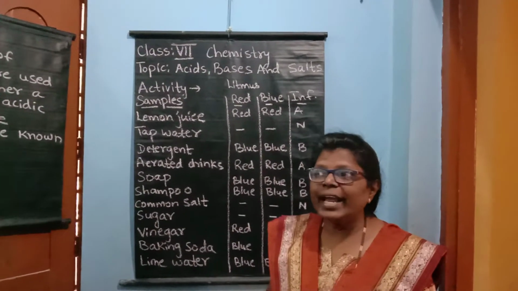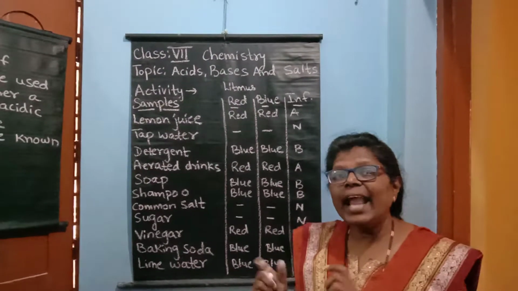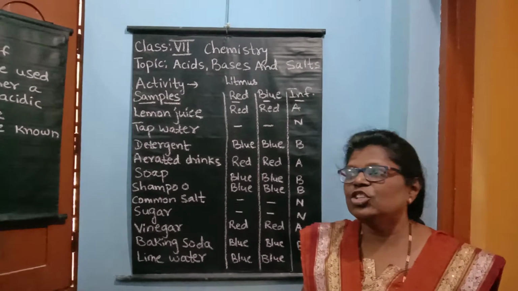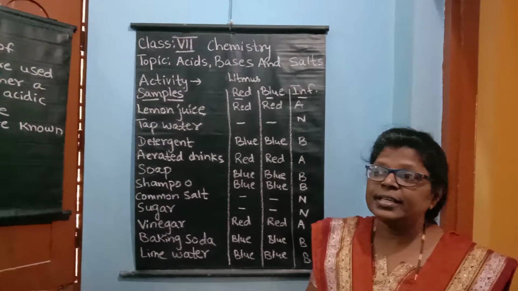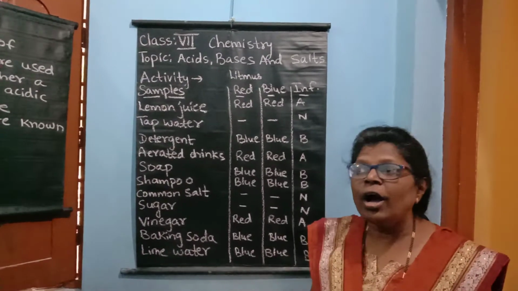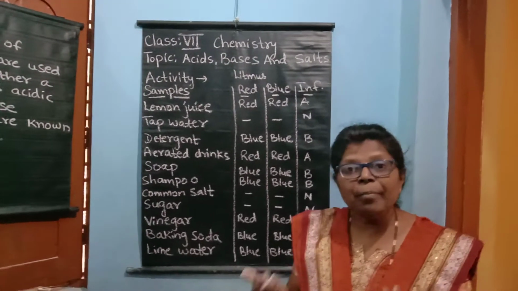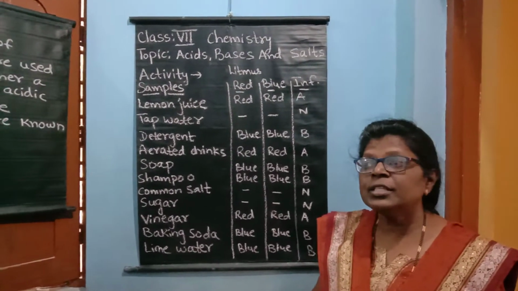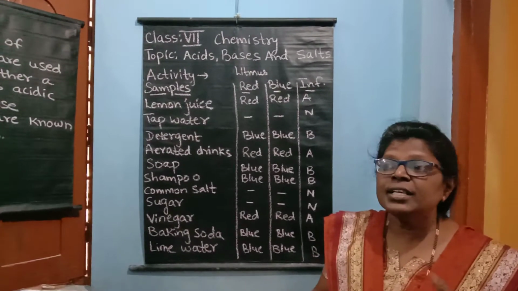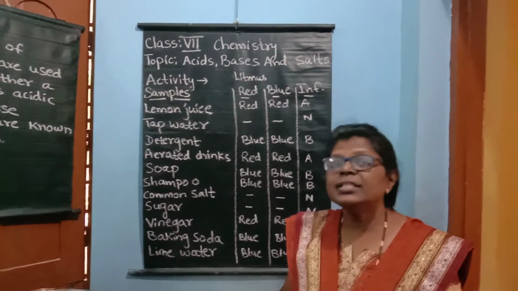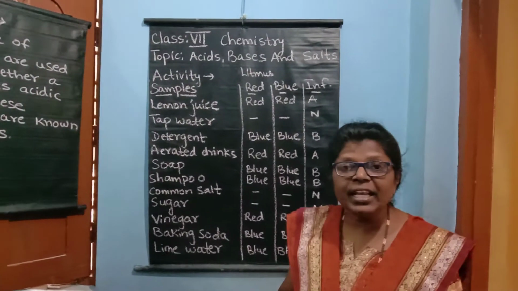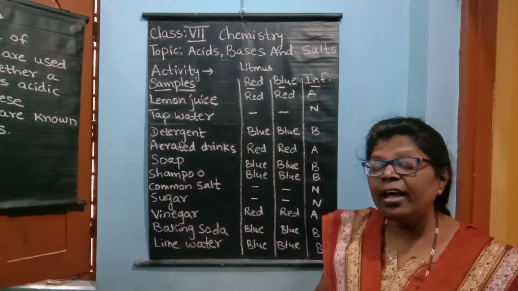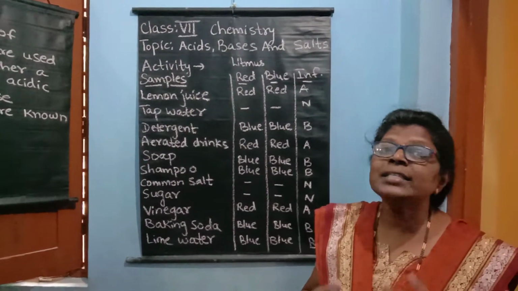When we want to test whether a substance is an acid or a base, we do not always taste it or touch it, because some of these acids or bases are strong and corrosive in nature. They may burn our skin and flesh. So we use special types of substances to test them. These substances indicate whether a substance is acidic, basic, or neutral by a change in their color. These substances are known as indicators.